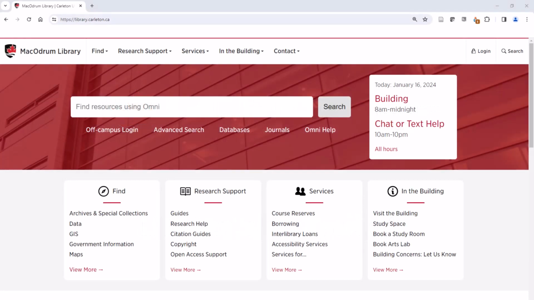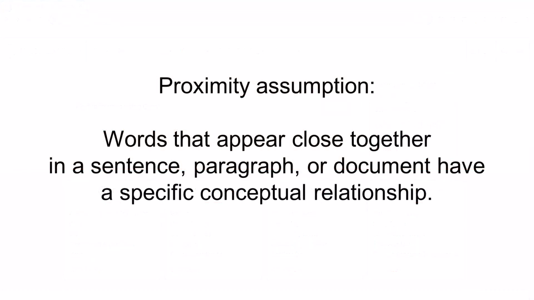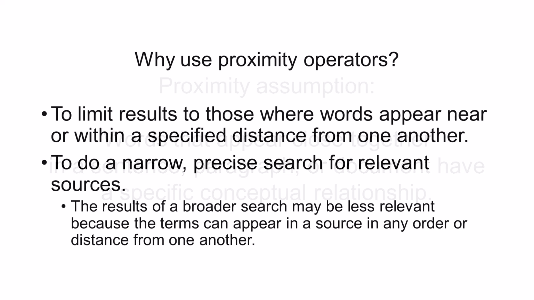Welcome to this video from the Carleton University Library on using proximity searching to do a precise search for relevant sources. Proximity searching assumes that words that appear close together in a sentence, paragraph, or document have a specific conceptual relationship. We use proximity operators to limit our results to those where words appear near or within a specified distance